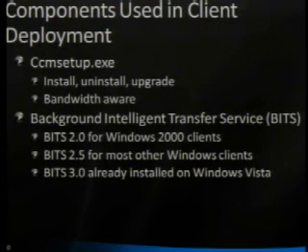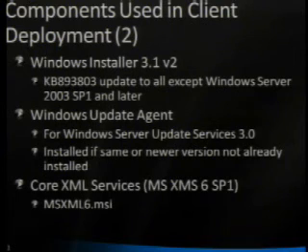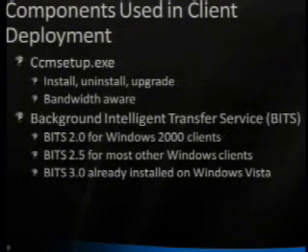So if your client doesn't already have the required version of bits on it, we are going to install that version of bits for you immediately in the client deployment process. And we're going to see that in my demos coming up here, because I have bare bones clients that we're going to deploy to. You are going to see that in the demo. I'm going to do a client push of Windows 2000, and with Windows 2000, Bits 2.0 install requires a restart